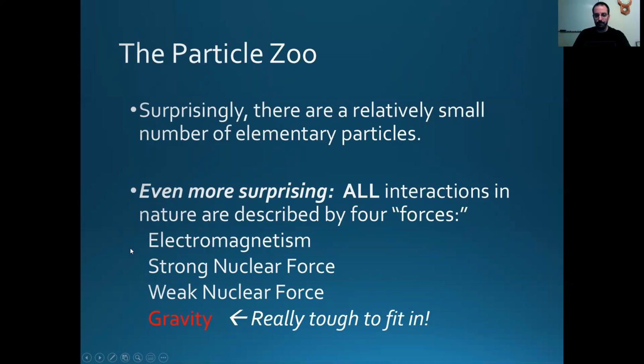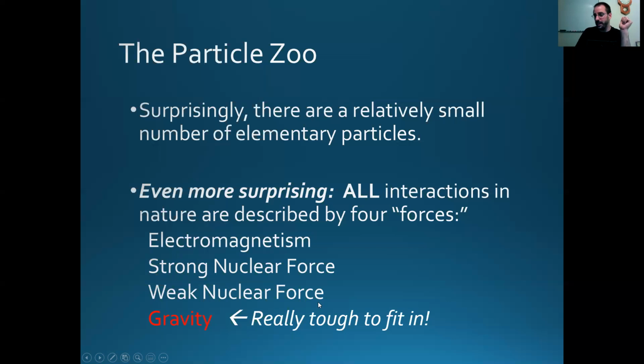Friction, anything like that, is electromagnetism. It's the interaction between atoms and molecules, and those are electromagnetic interactions. There's also something called the strong nuclear force. This holds nuclei together. The interesting thing about the strong nuclear force is it is very, very short range. It's limited essentially to atomic nuclei. That's why we don't see it in the everyday world. It is stronger than electromagnetism by about a factor of 100, but it's confined to very, very small scale, so we don't see it outside of the atomic nucleus.